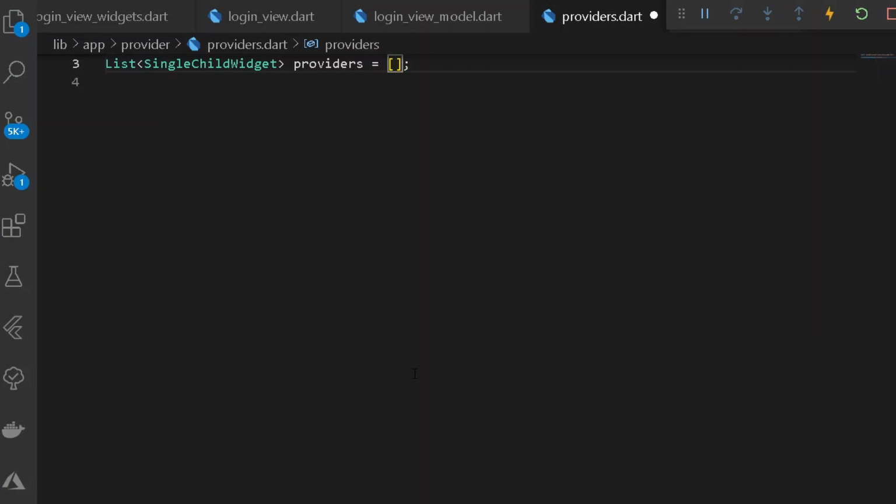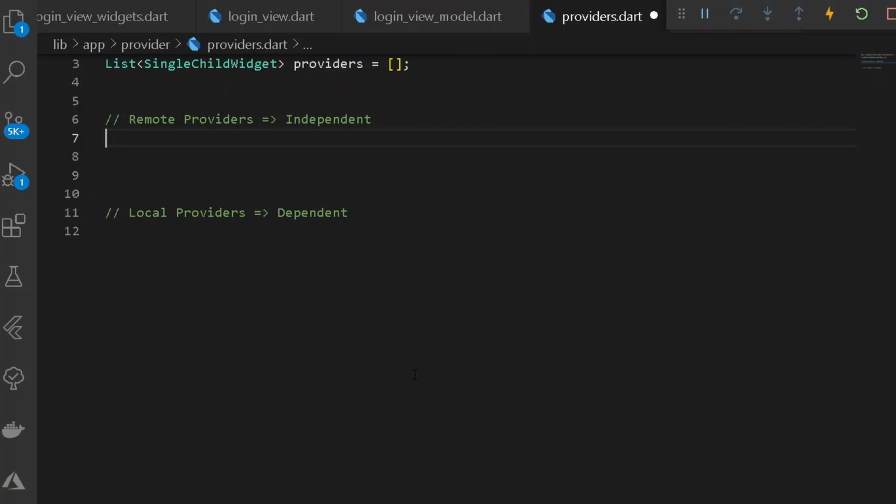So under our entire application, there will certainly be 2 types of providers. First of all there will be remote providers, which will be independent of everything. So here let's have independent, and the next type of providers that will be required are the local providers. Now the local providers shall be depending on the previous providers, that is, they are going to be a type of proxy provider.